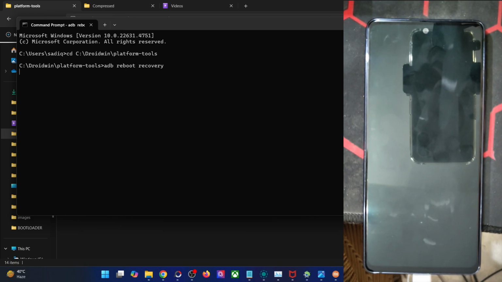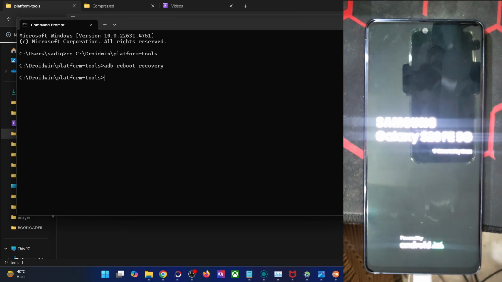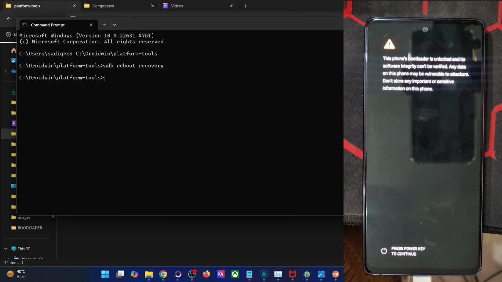Whether it's the AOSP recovery or the TWRP recovery, the command is the same. In my case, it should boot to the CRDroid recovery in a few seconds. So let's wait for that to happen. And after that, we could flash the module as well and get the job done. So it will take a few more seconds for that to happen.